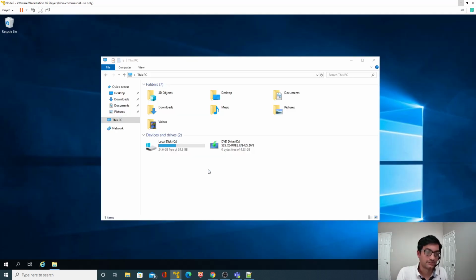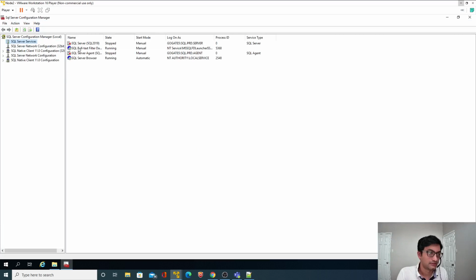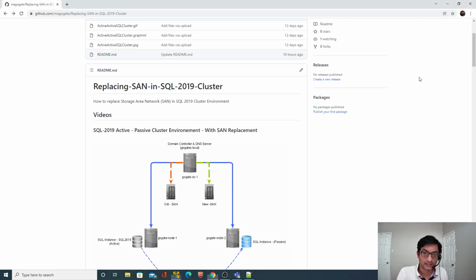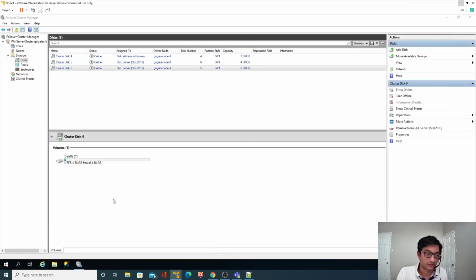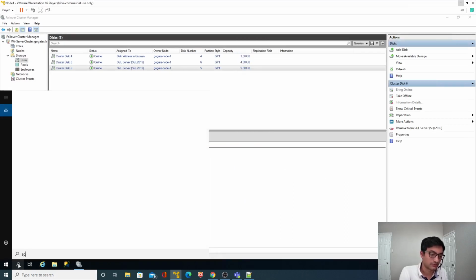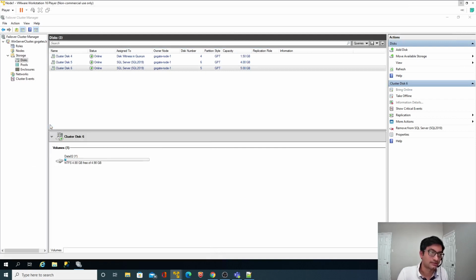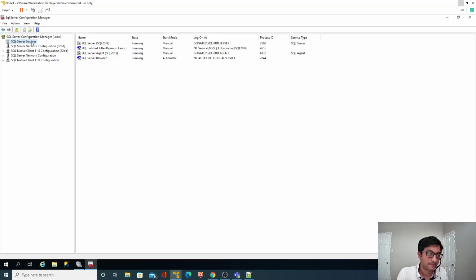Here the services should be in a stopped state. See, the SQL Server service is stopped, and the Agent service is also stopped. But since the entire resource now belongs to node 1, you should see those services online on node 1. If I go to SQL Server Configuration Manager here on node 1, these are running on node 1.